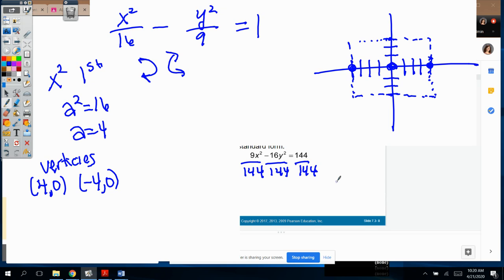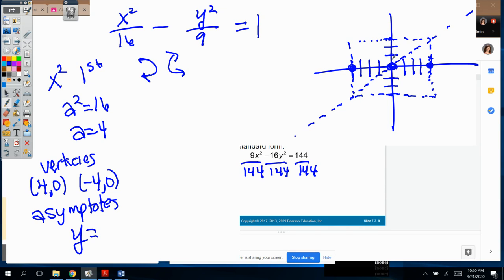And then you're going to draw your asymptotes, and the asymptotes will go from the corner through the center, and you will have to write the equation of the asymptotes. So for those asymptotes, since you can see the y-intercept is 0, it's mx plus b, so you need to figure out the